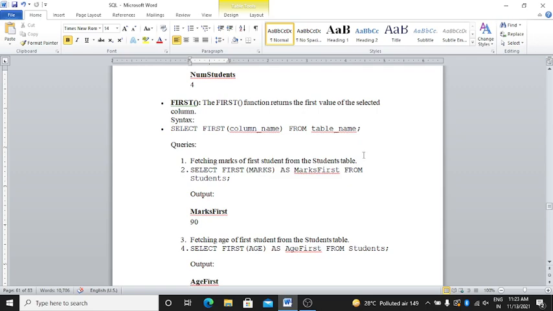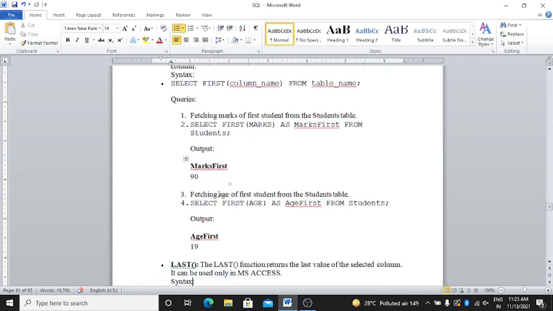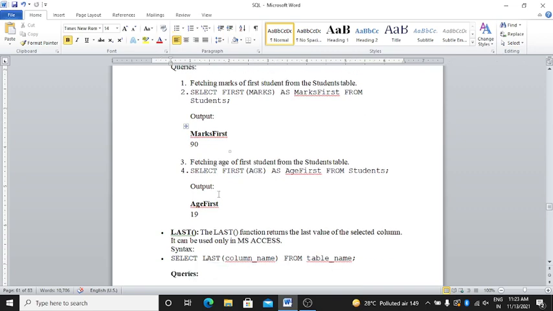Select FIRST(marks) as mark first from student. Then the output is mark first is 90. Then fetching the age of the first student: select FIRST(age) as first age from student. Clear?